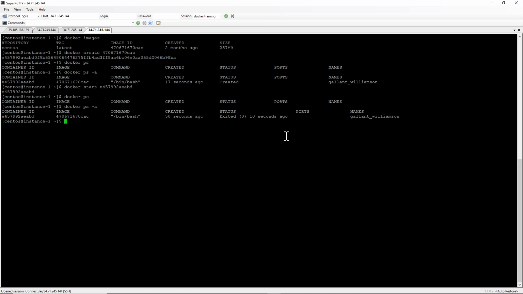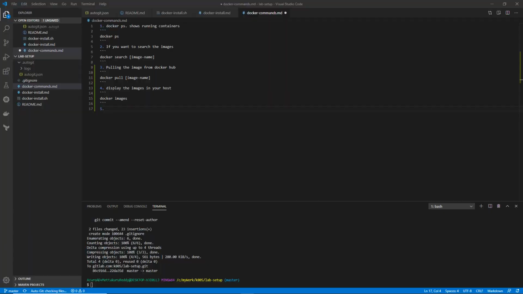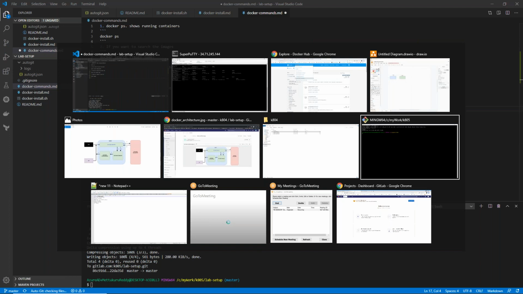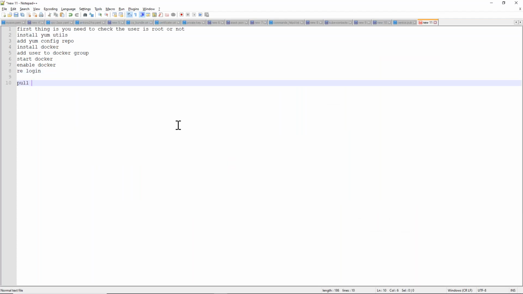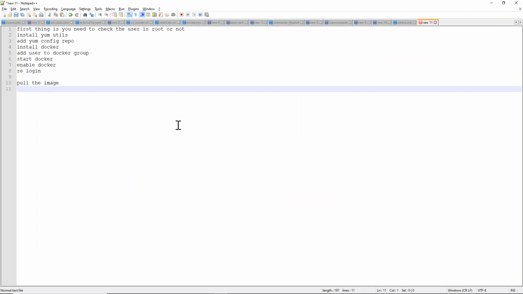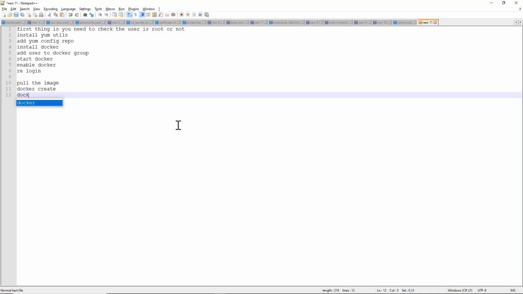So now what you understood is how to create a container. First, you need to pull the image. So how will you run the container? First, you pull the image, then you use create to create the container, and then you start it.